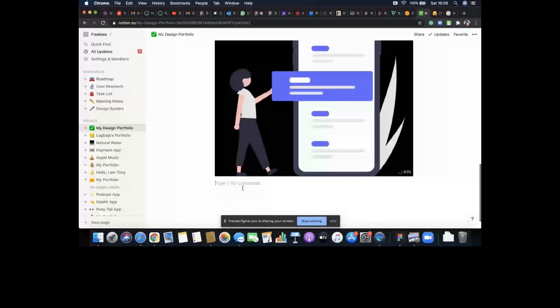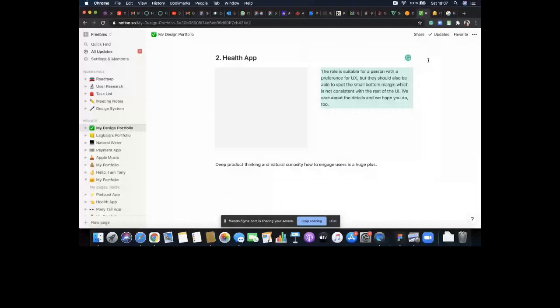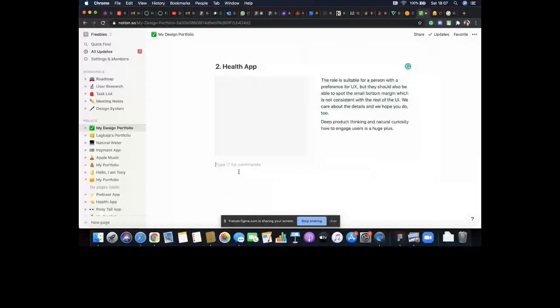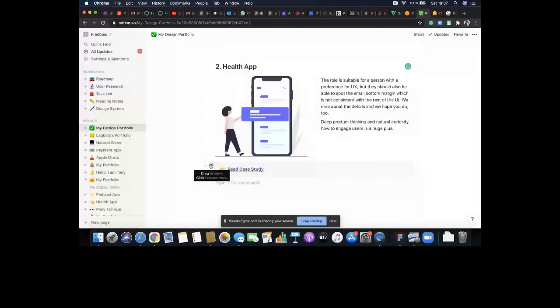I am going to drag and drop my text right beside it, and go ahead to create this block. So for creating my block, write slash, scroll down to call out, and type read case study, like it's a link, and you want people to click on it. And the next thing I'm going to do is to drag it and drop it here. And so we have case study 1, case study 2. I'll do the same thing for a third one.